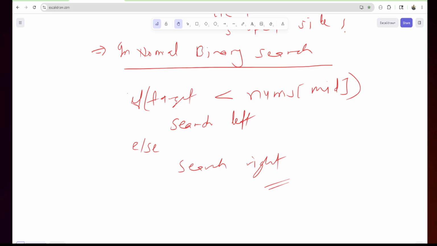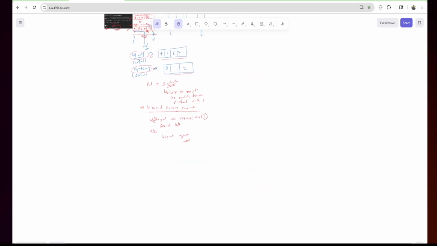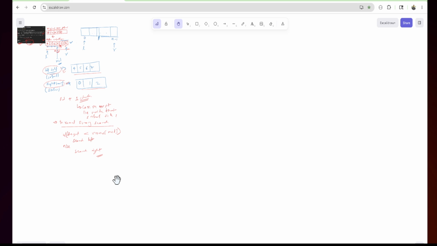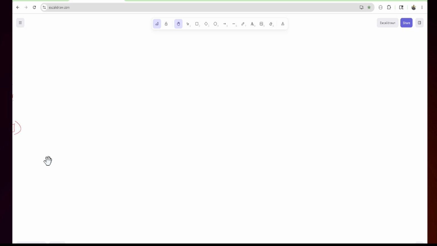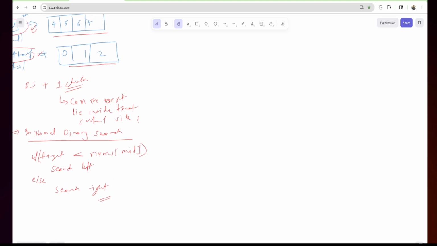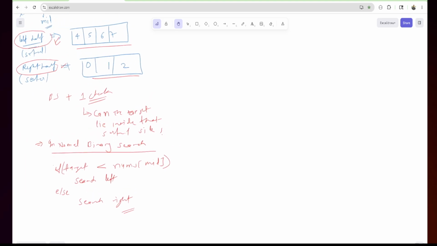Or let me zoom out a little bit. Okay, so I'll keep it here so you can understand. Okay, I'll keep it here, guys, you can understand. Okay,